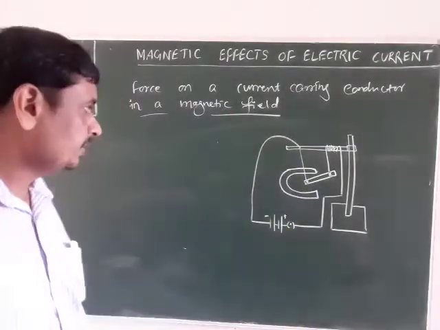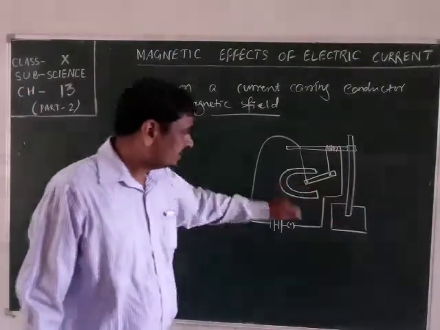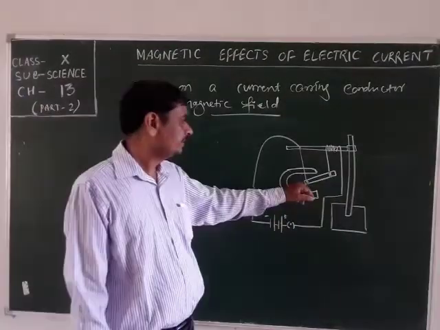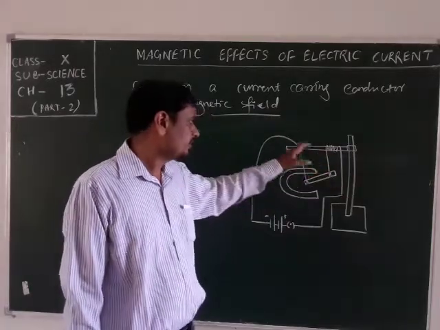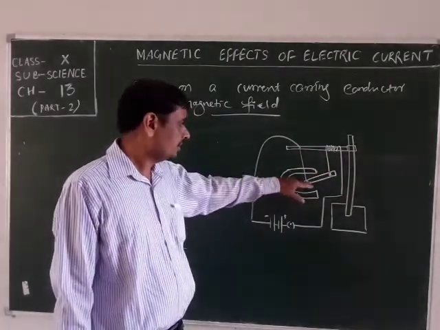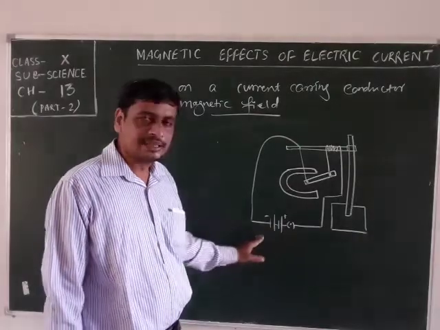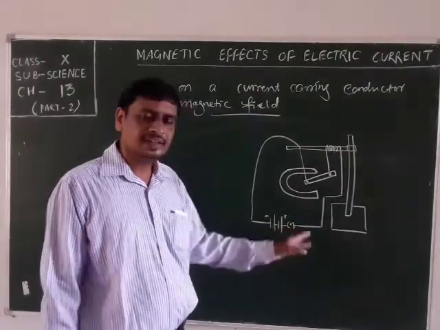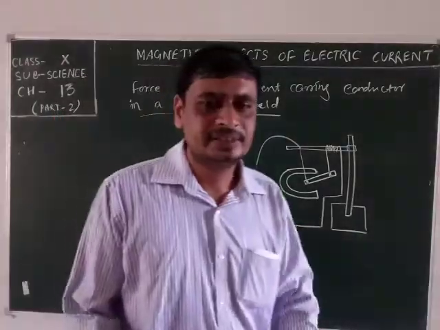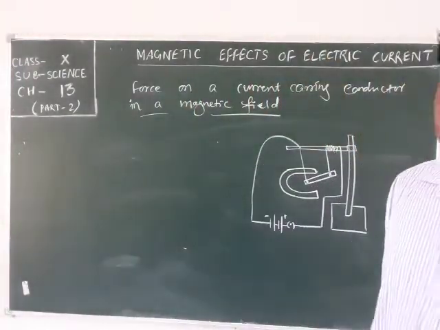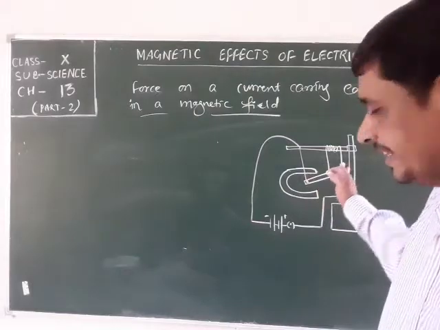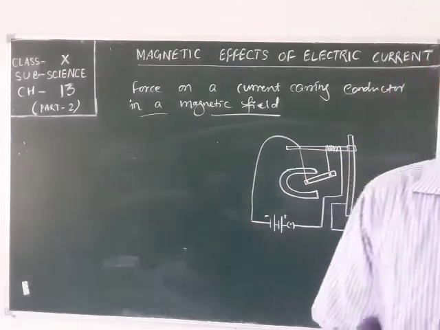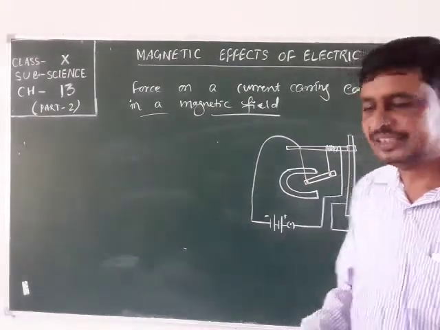Both the ends of this straight conductor are attached to the terminals of a battery through a plug. What will happen here? The straight conductor is an aluminum rod named AB,